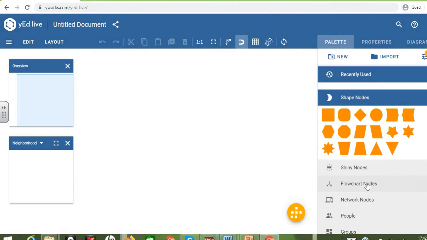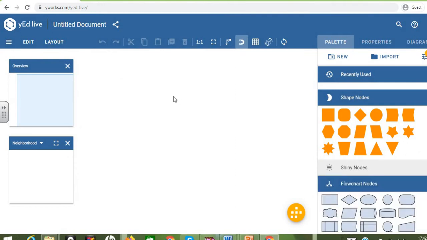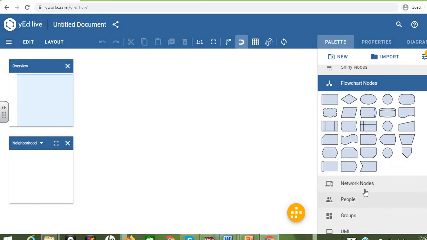As I said, all the flowcharts I have drawn using the yEd tool. This yEd tool is one of the tools using which we can draw a flowchart. Like this, many different tools are available, so whichever is comfortable for you, you can choose that. Here I have different options, but now I am going to draw the flowchart, so I have to select the flowchart palette. This particular area is called the canvas, and here I have a palette, properties and diagrams.